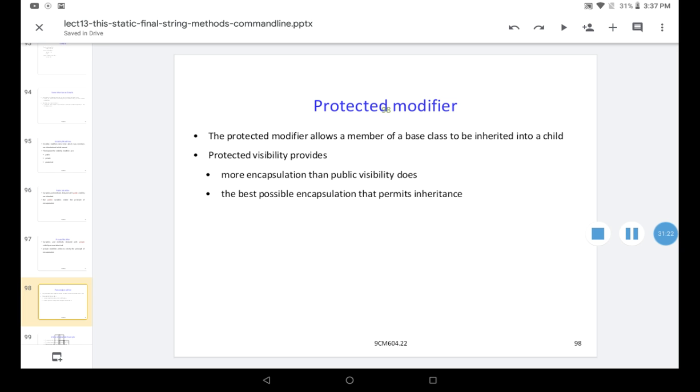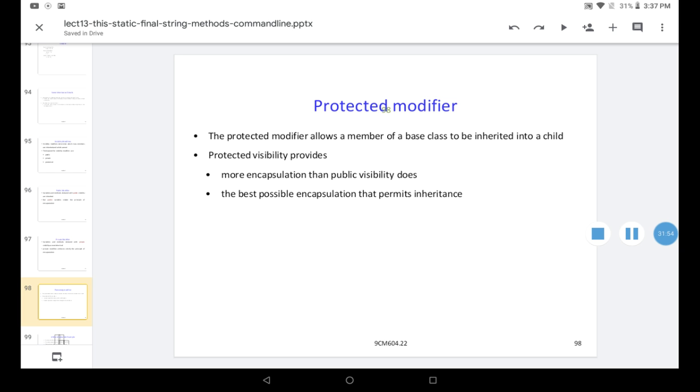Protected visibility provides more encapsulation than public visibility does. If we say protected, those members are inherited into a child, and not any class other than the child.